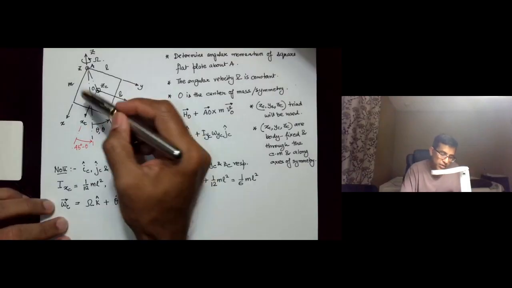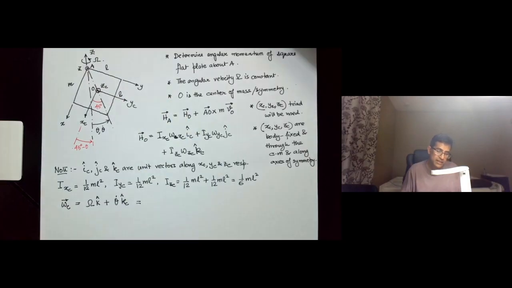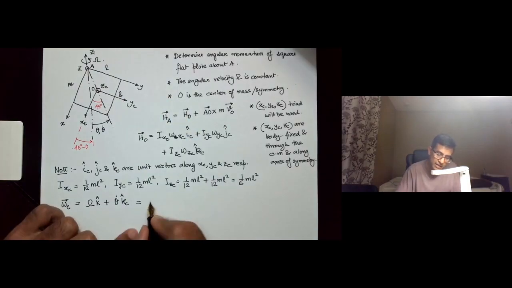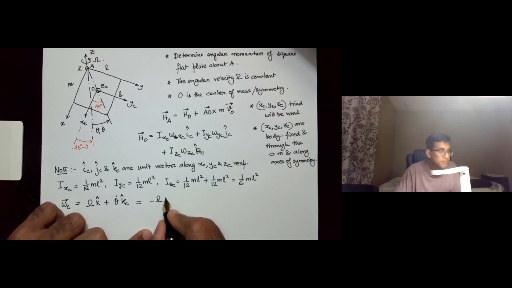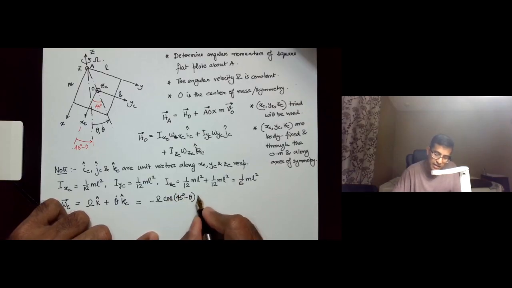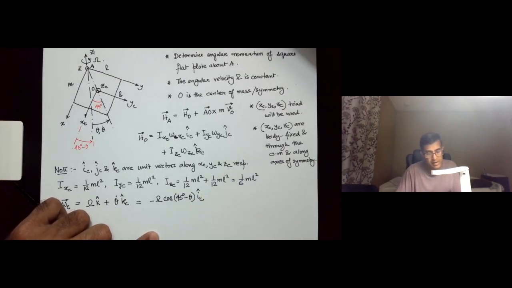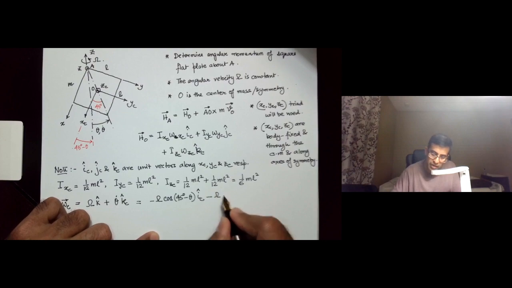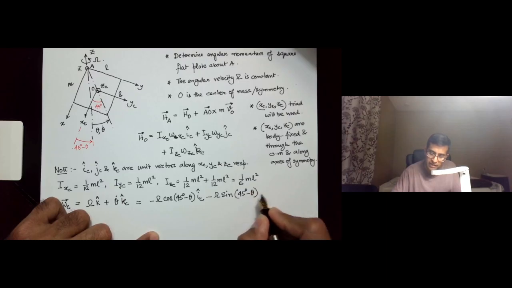And so the angular velocity is in this direction, and it makes a 45 minus theta angle with the x-axis. So you have a minus omega cosine of 45 degrees minus theta in the ic direction, and minus omega sine of 45 degrees minus theta jc,